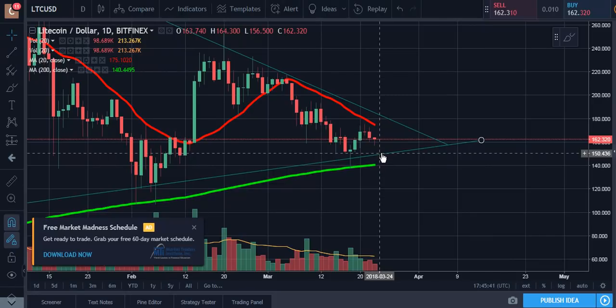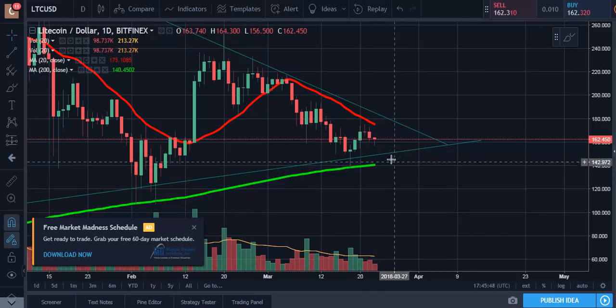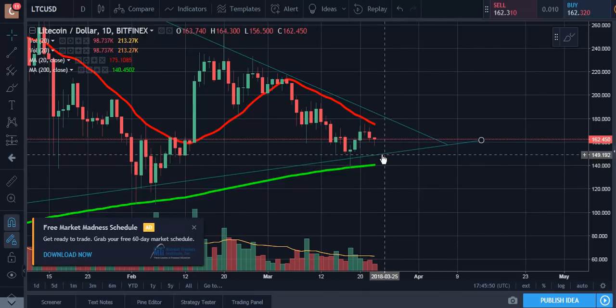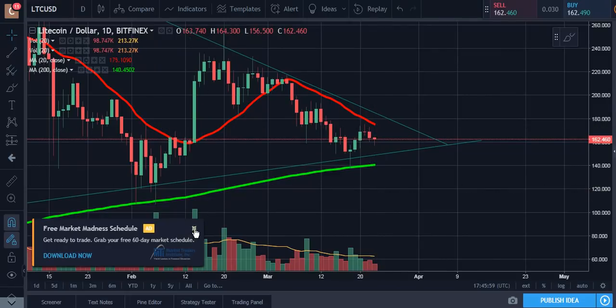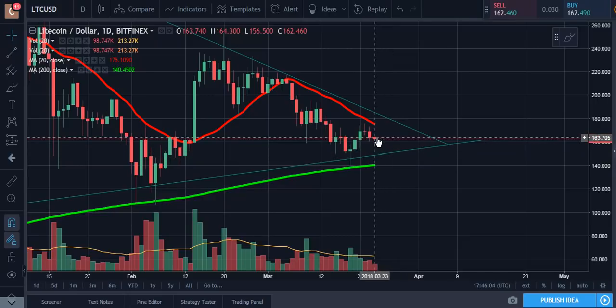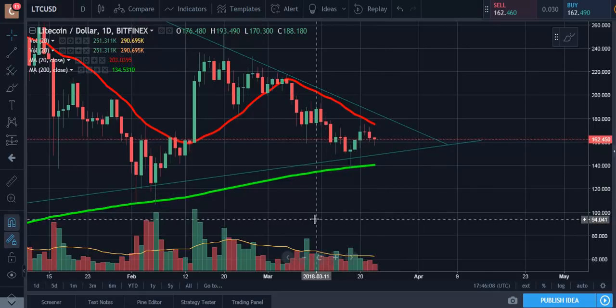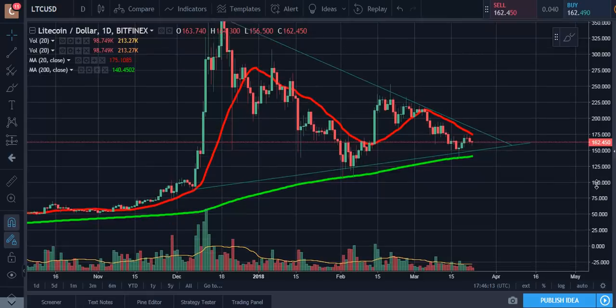I want you guys to be aware of both scenarios that we're looking at right now. As of right now, the 200 is our support, right? Also this line here, the bottom part of the triangle, those are our two supports, and our resistance right now is this 20-day moving average hanging over the top, and this is on the daily chart. We could go up or we could go down. That's the beauty of the symmetrical triangle, guys. I wanted you to be aware of both factors, because I think it's really important to see the upside and the downside.